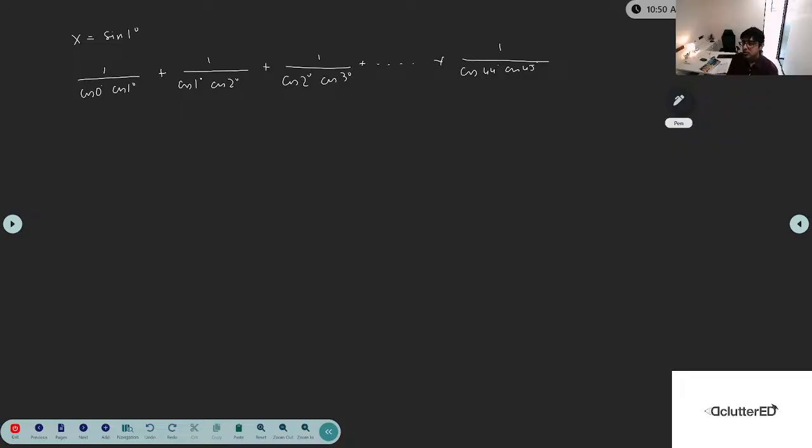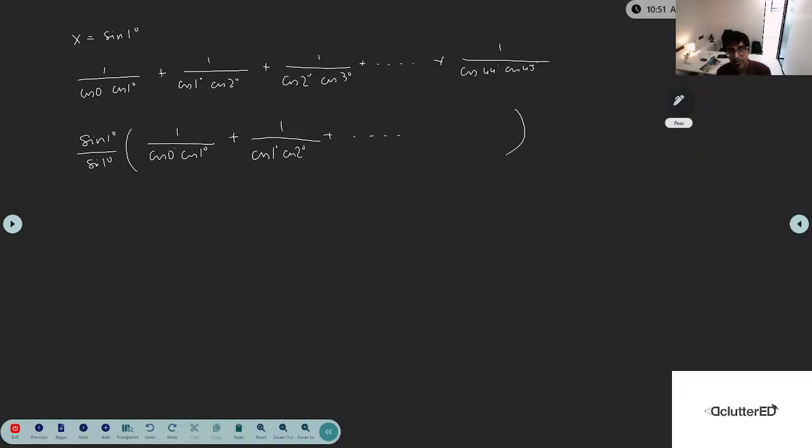Right. So when I see a summation problem, the first thing that comes to my mind is a telescopic series. How can we express this in form of a telescopic series is all that we have to try and do. They have given the value of sine 1 degrees, but the expressions are in terms of cos. Let's just drive sine into the expression by multiplying and dividing with sine 1 degrees by sine 1 degrees into 1 by cos 0 degrees cos 1 degrees plus 1 by cos 1 degrees cos 2 degrees plus so on